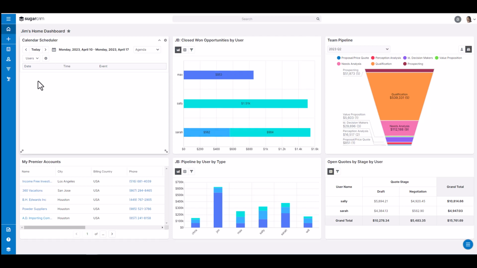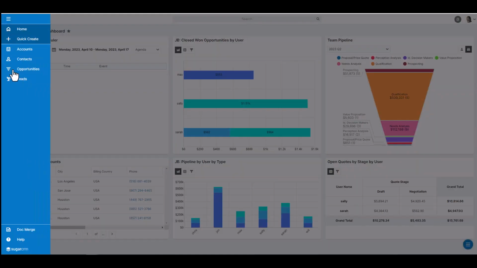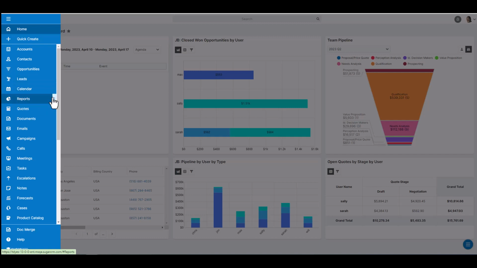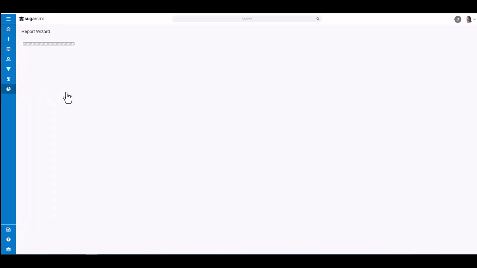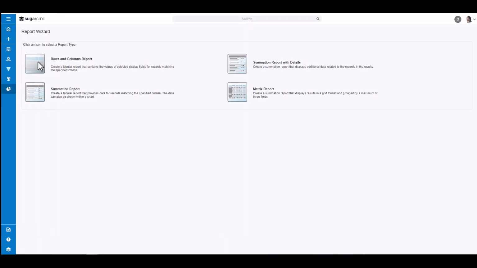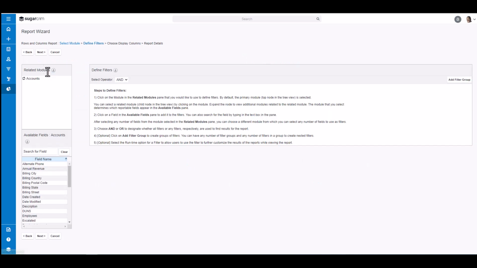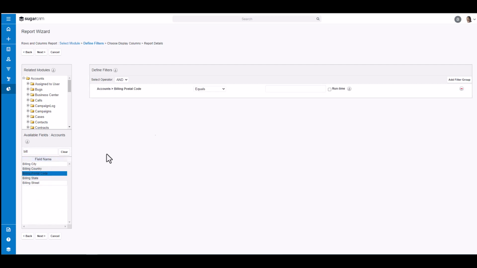In this video, we're going to discuss how to create a new row and column report. So we're going to select that and the report type and the module of accounts, and we're going to filter by the billing postal code. So we're going to type in select billing postal code and say equals